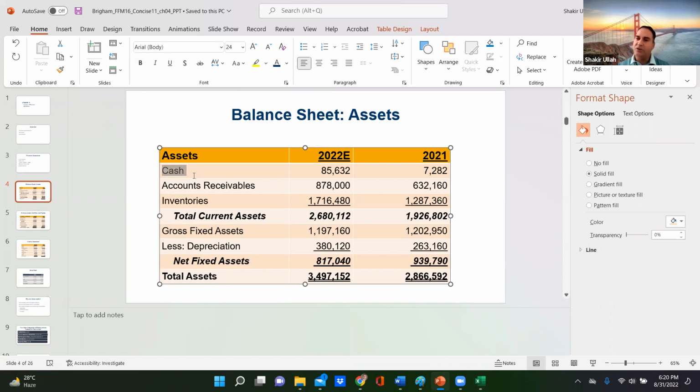You're paying for expenses, you are buying inventory with that cash, you are paying salaries. So you are basically circulating that cash. So it is a current asset. It doesn't stay for more than a year. Same goes for receivables, for example. If you have to receive some money from your customers, you don't want that to be staying in the customer's pocket for years. You would like to collect that as soon as possible. And same goes for inventories. You would like to sell it as soon as possible. All right. So those are what we call current assets.